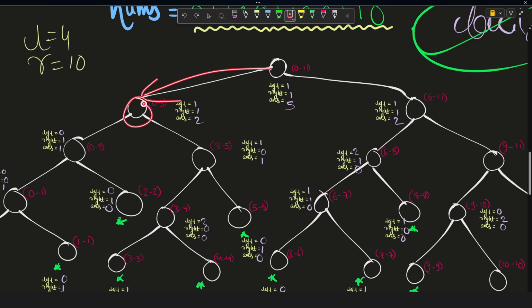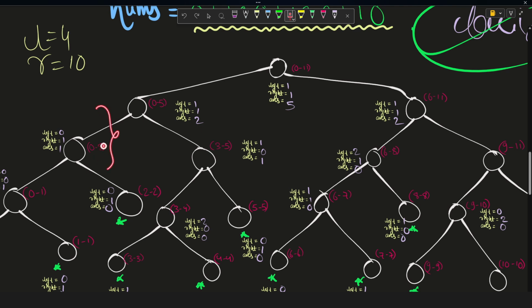So suppose I am here now, and now it will again calculate the mid value. So again the mid value will be equal to 0 plus 5 by 2, that is 2 only. So mid value here will be equal to 2. So it means that this part will now hold the result for every base level node from 0 to 2